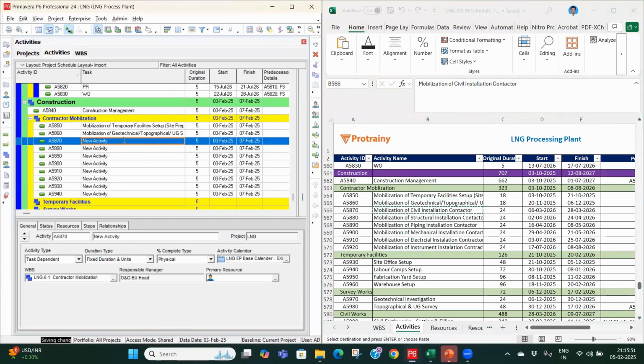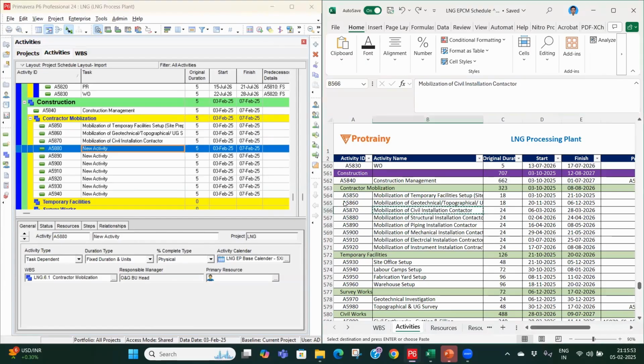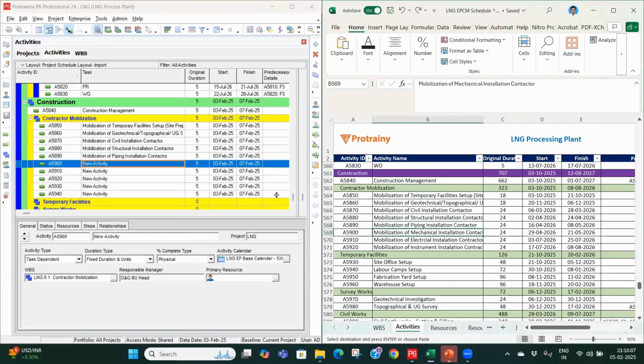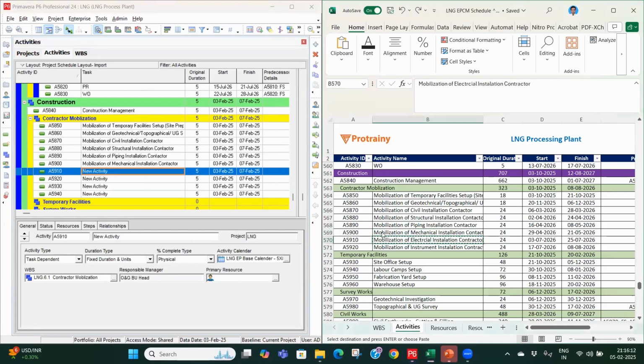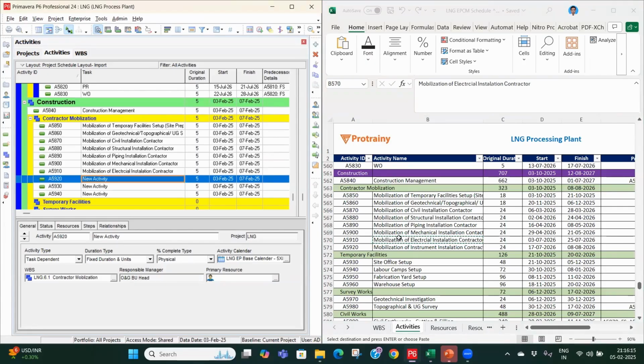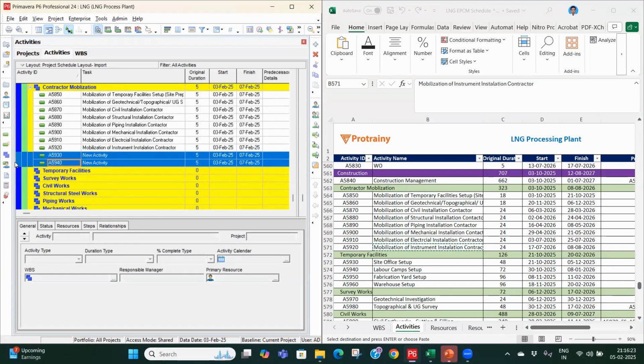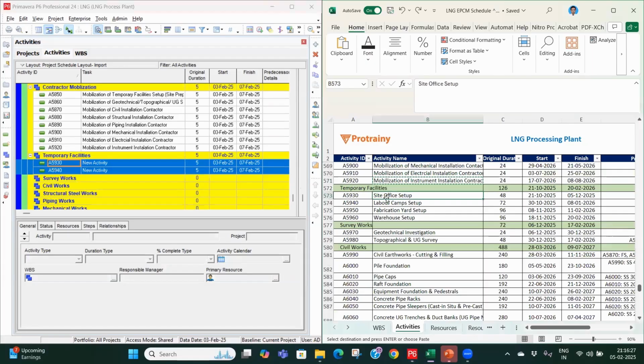Then we have civil installation contractor, structural steel installation contractor, piping installation contractor, and mechanical installation contractor, electrical installation contractor, instrument installation contractor. Then I will drag these activities to the bottom WBS under temporary facilities,